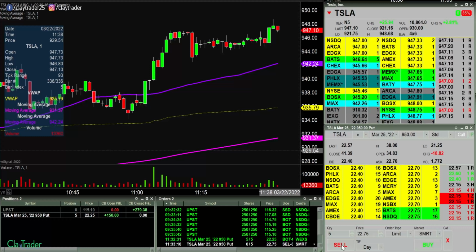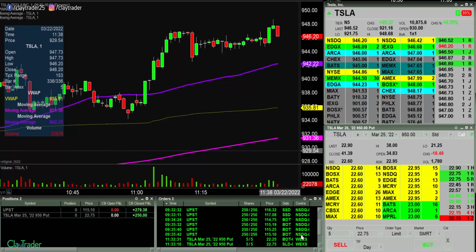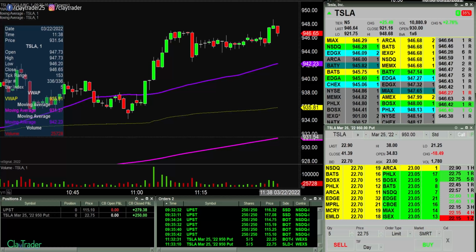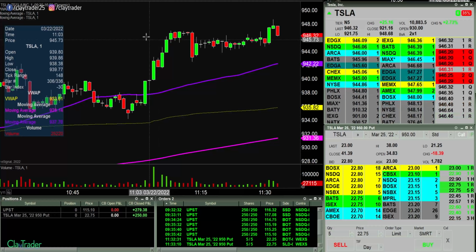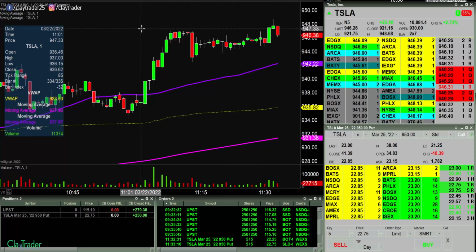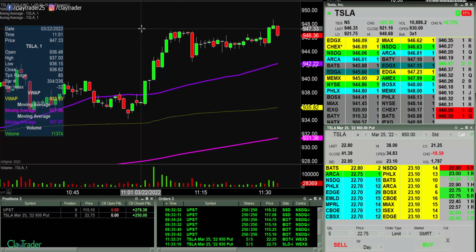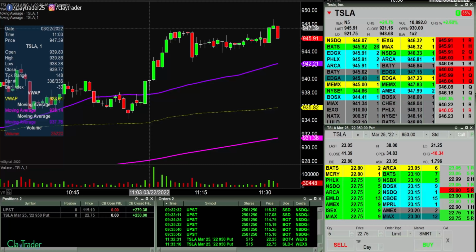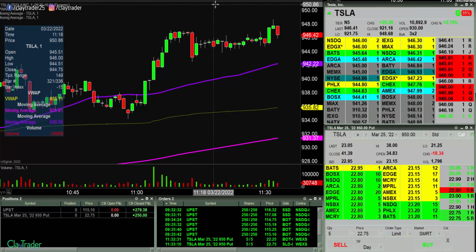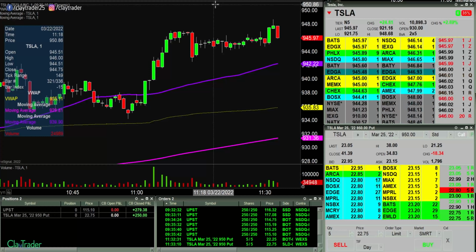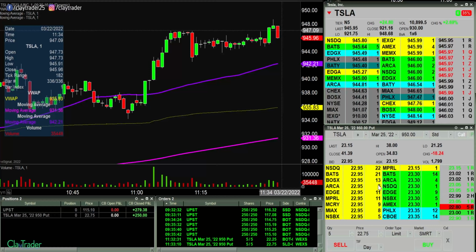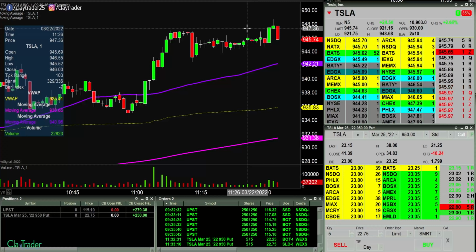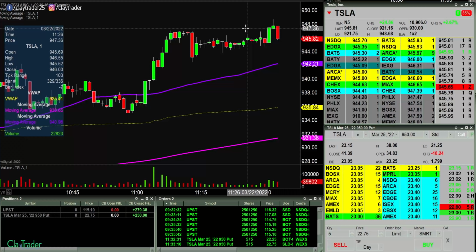Needed to come down a bit more. There we go. Fantastic for a $250 scalp. Finally got a fake breakout. Been wanting, well, not necessarily every single one was a fake breakout. But what was it? I think it was Tesla. Yeah. Tesla was where I wanted to fake breakout, but then it bounced right off that trend line. But right there, finally did get the fake move for $250. Which puts me at $529 on the day.